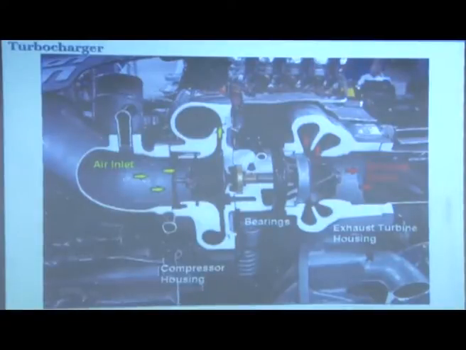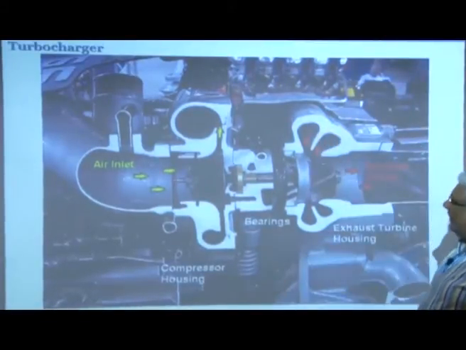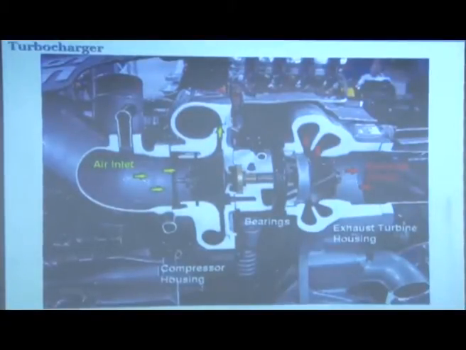So, this is again a real cut section of a turbocharger, cut in sectional view, and you can see here that the exhaust gas is coming in here, and it passes through the turbine, and it goes out like this, and then the power is generated. So, these are on the same shaft, and you have to make sure that the gas does not pass through the bearing to the other side. So, this has to be sealed properly, but at the same time you have to lubricate it properly also, because this operates at a very fast speed.